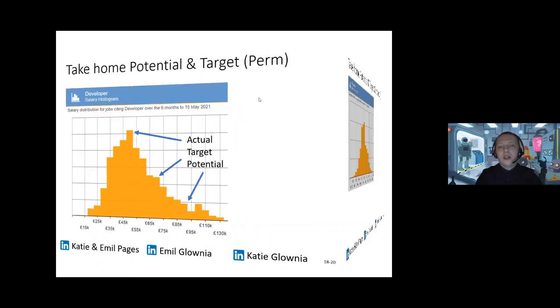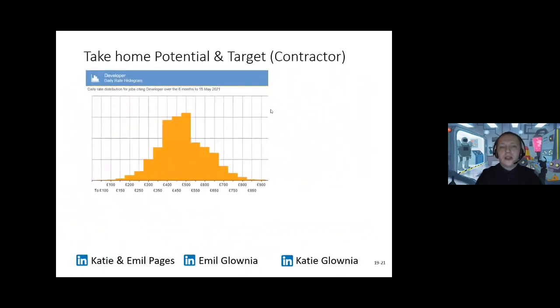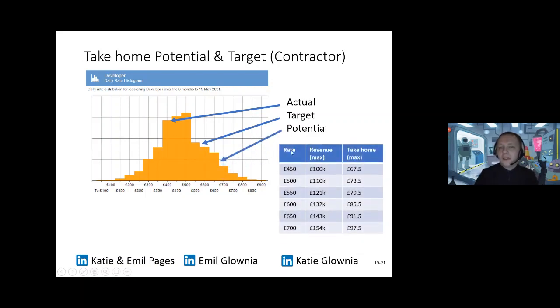Now, the second alternative is to do contracts. So with the contracts, you can also come up with what is my actual target and potential, something to think about. And I've given you a little bit of a summary. What is the maximum? So that's maximum, without bench time, and that's assuming outside IR35, no breaks. For 450 a day, that's 100K a year,